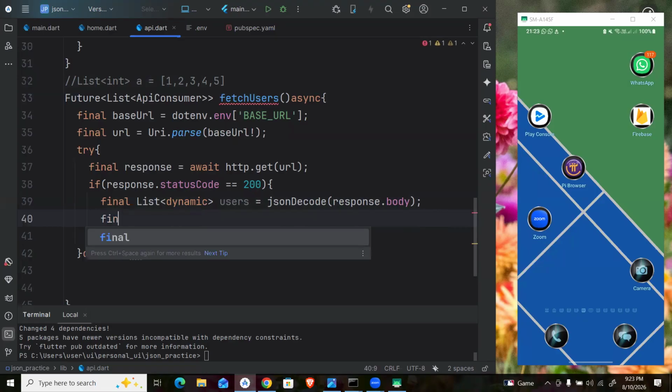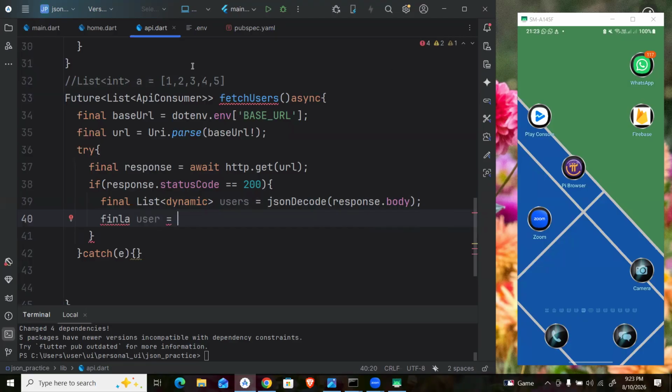So we can have final, let's call that user, because now that is a single user. If you were to iterate, let's say these are user 1, user 2, user 3, user 4, because we are mirroring what our API is returning. For every single instance, you will have a single user. So final